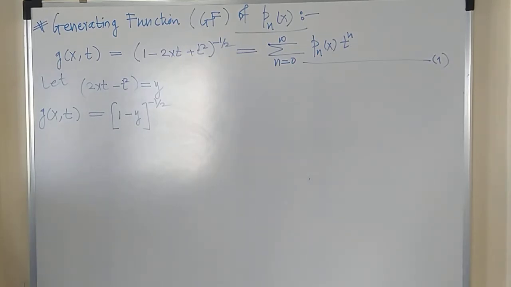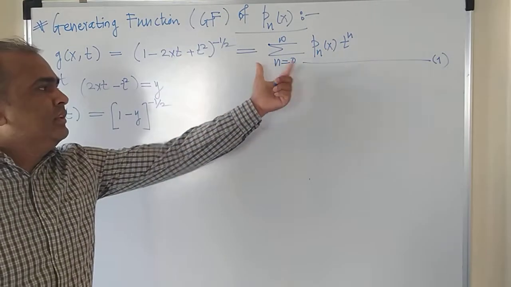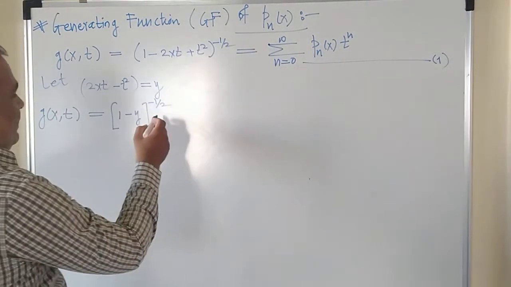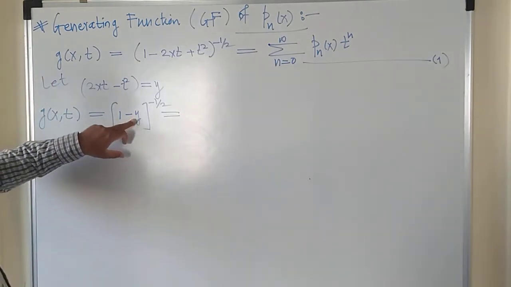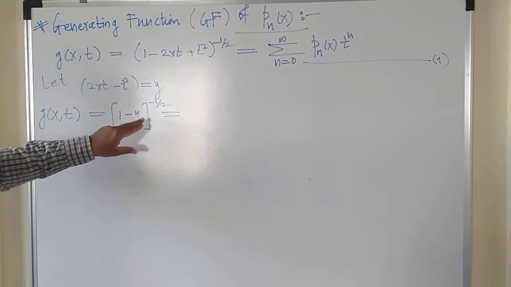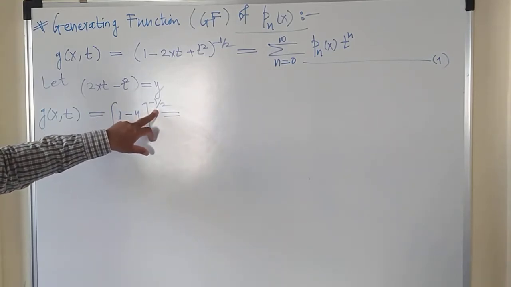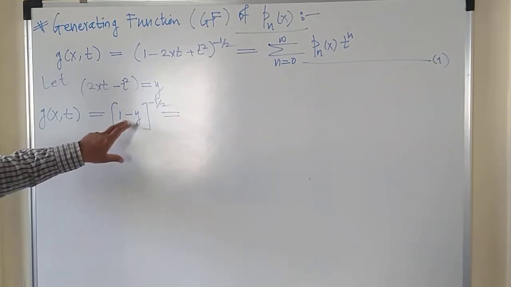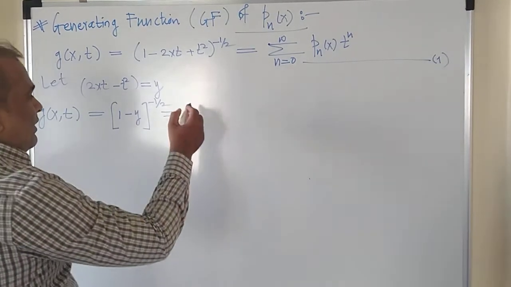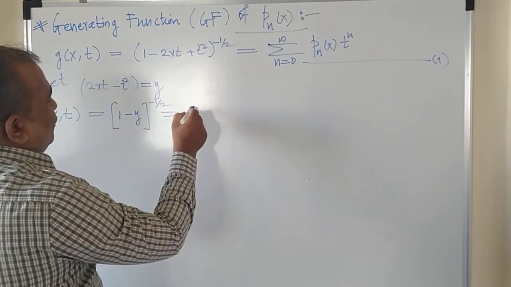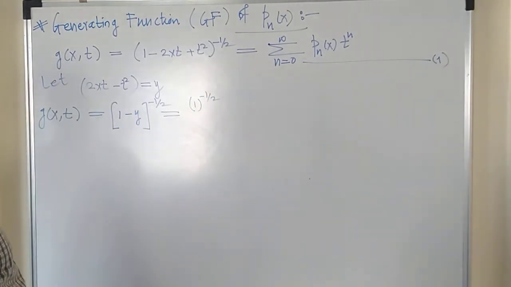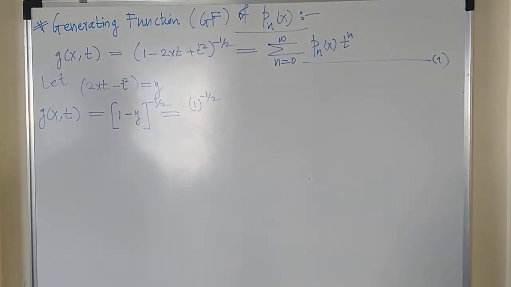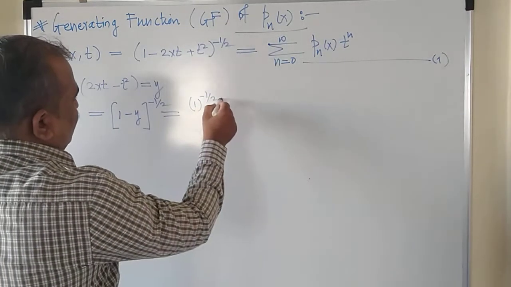Once you get this, now you can expand this by using the binomial expansion and then equate with the right hand side. So let us expand this. Now your a is 1 and your b is minus y. (a + b) raised to power n, where the value of n is equal to minus half, right? So the first term will be a raised to n, so 1 raised to power minus half, a raised to n, b raised to 0